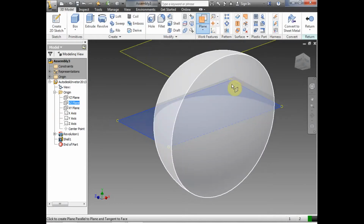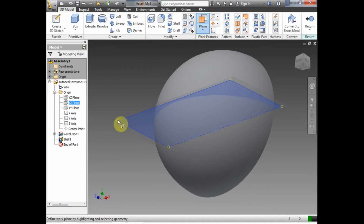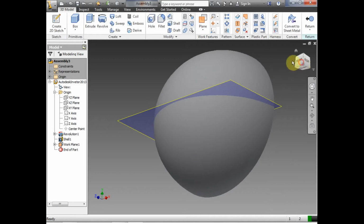So we go ahead and create a work plane. We click on plane. We get to our XZ plane from the origin. We just jiggle it, take the yellow circle, jiggle it a little. We want a 0 amount offset. We'll click the green check. Okay, so now we have our